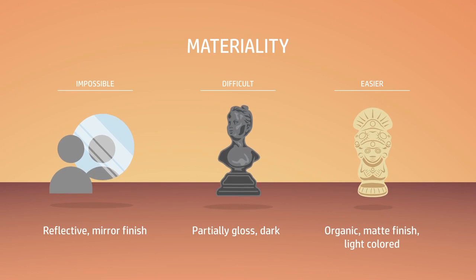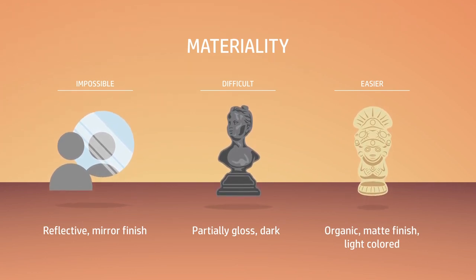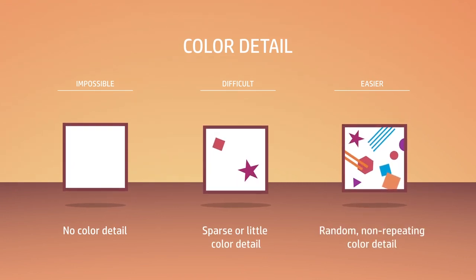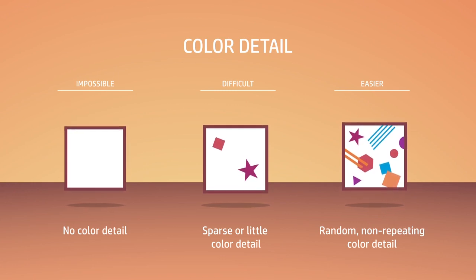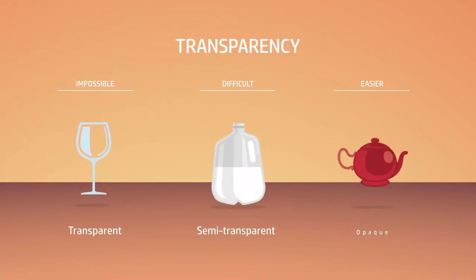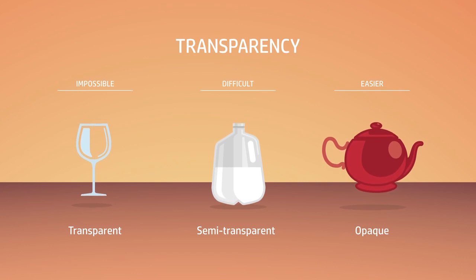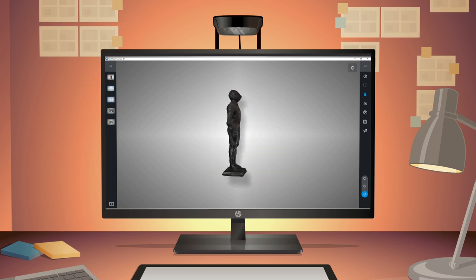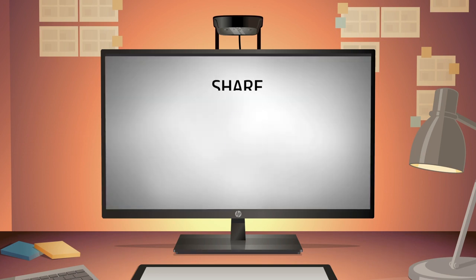Matte surfaces and textures read better than shiny, glossy, or reflective things. Objects with random and distinctive 2D textures are easier to scan than ones with repetitive or minimal 2D texture. And the more see-through something is, the harder it is for the camera to recognize. Unsure if something will scan? The best way to find out is to give it a shot. You may just surprise yourself. Keep a lookout for more